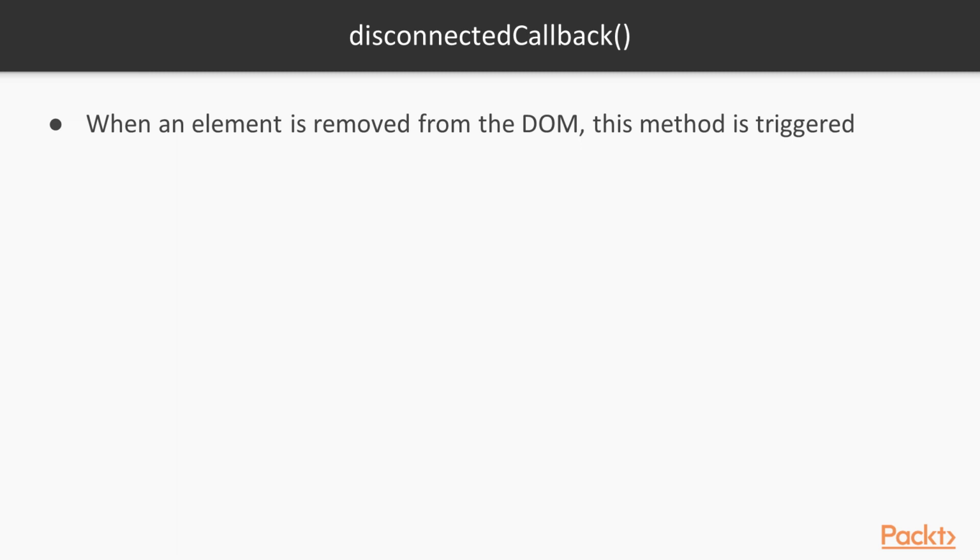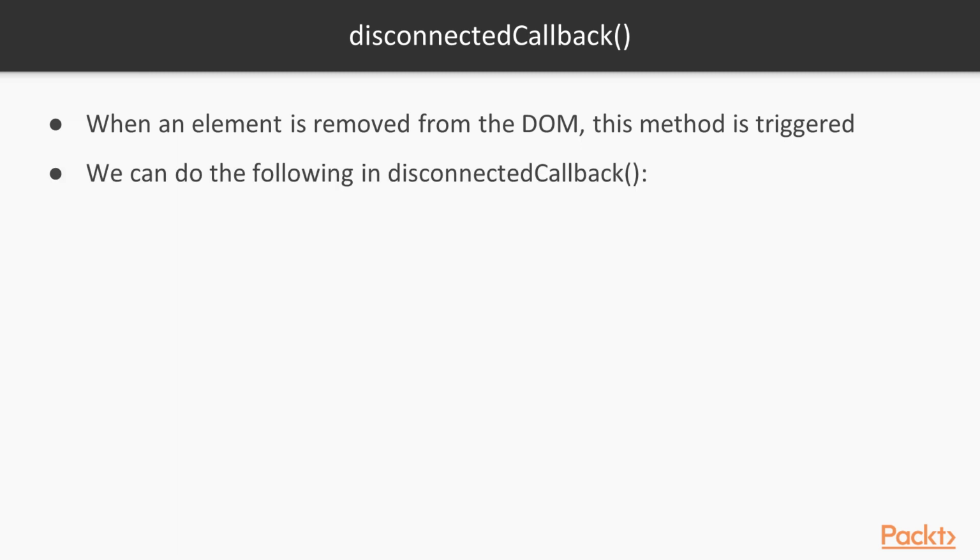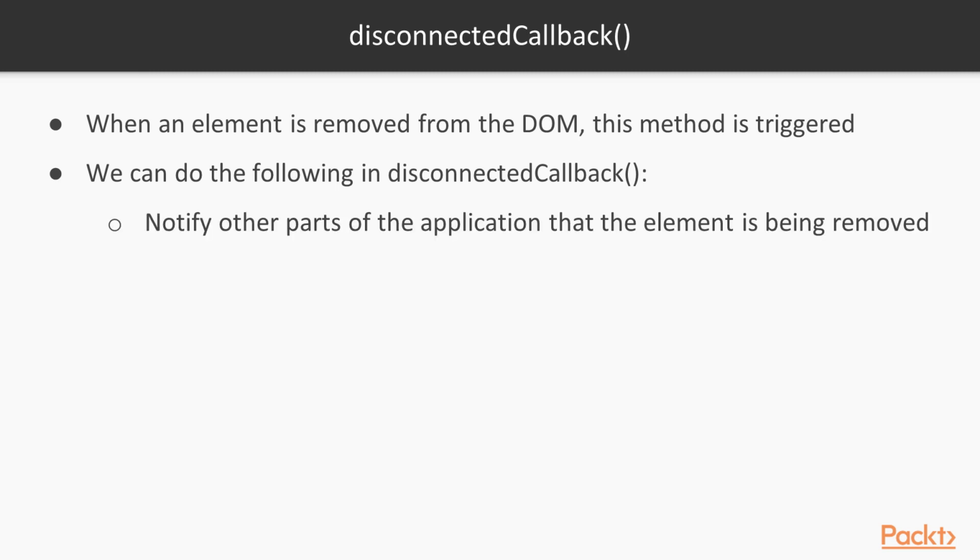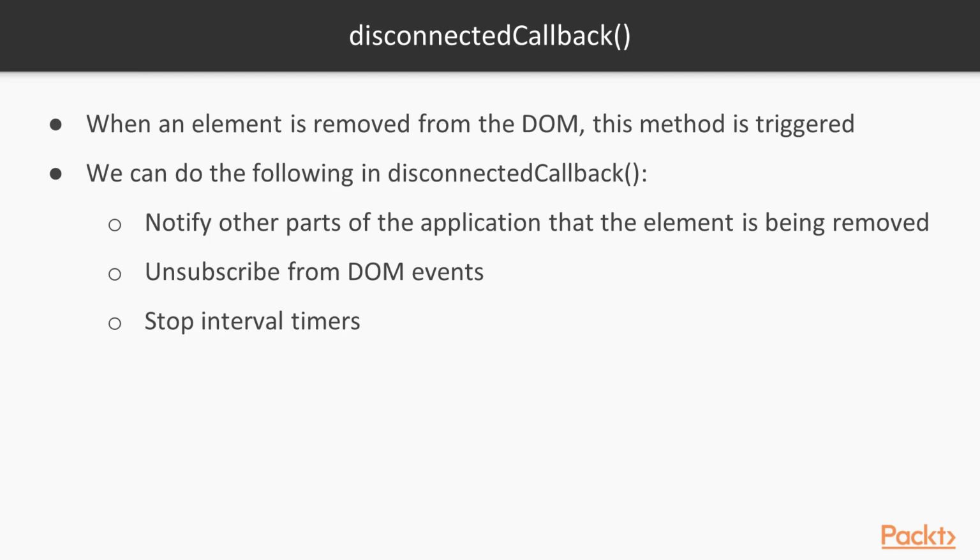Finally, let's look at the third lifecycle method, which is disconnectedCallback. DisconnectedCallback is basically called when an element is removed from the DOM. So we can do the following in disconnectedCallback. In fact, we should do the following. We should notify other parts of the application that the element is being removed. We should unsubscribe from the DOM events. And we should stop the interval timers. And finally, we should unregister all registered callbacks. Using disconnectedCallback is not a mandatory process, but as a good practice, we should always consider adding disconnectedCallback